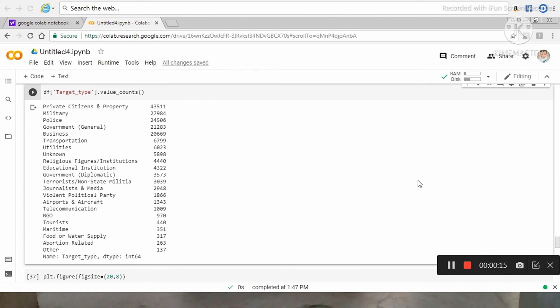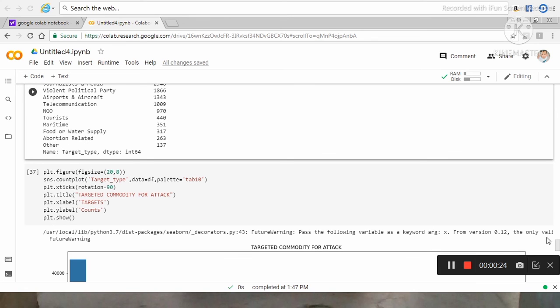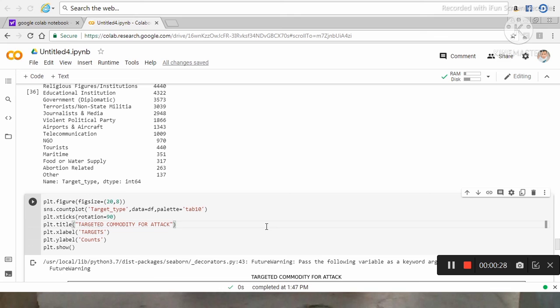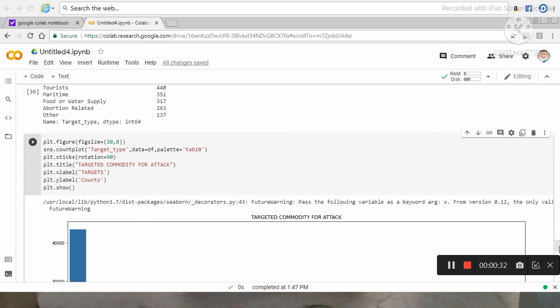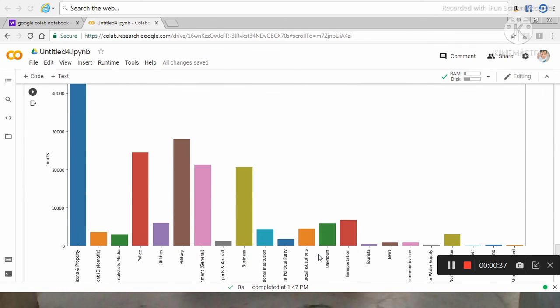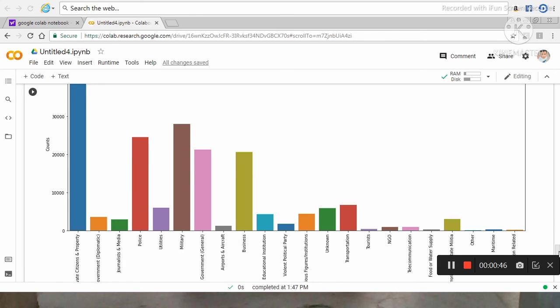So here you can see private citizens and property, then military, then police, then government. Then I plot it using the countplot function, and here I plot the targeted types for attack by terrorists. So by looking at the graph, you can see private citizens and property, then military, then police, then government.